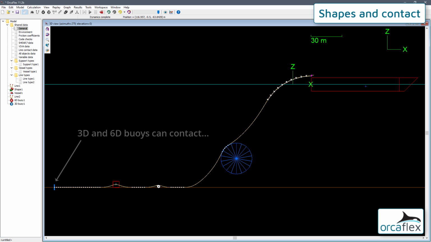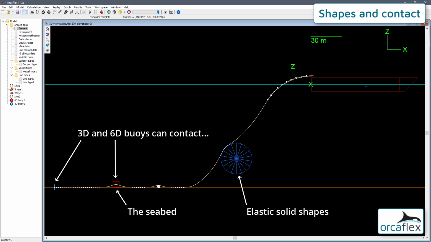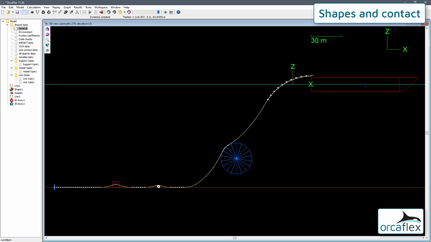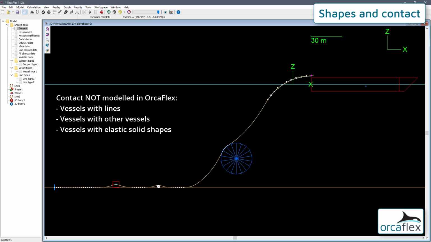In addition, 3D and 6D buoys can contact the seabed and elastic solid shapes. Examples of contact which isn't modelled in Orcaflex include vessels with lines, vessels with other vessels, vessels with elastic solid shapes, and elastic solid shapes with other elastic solid shapes.